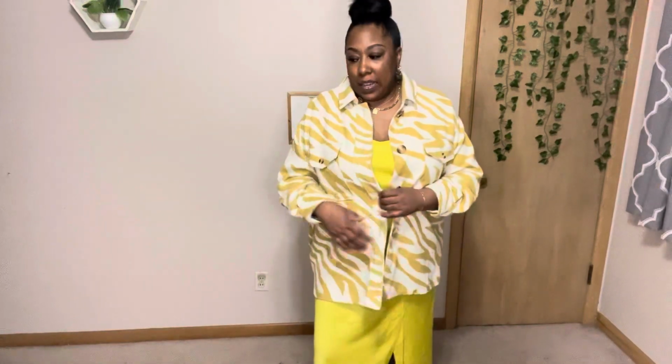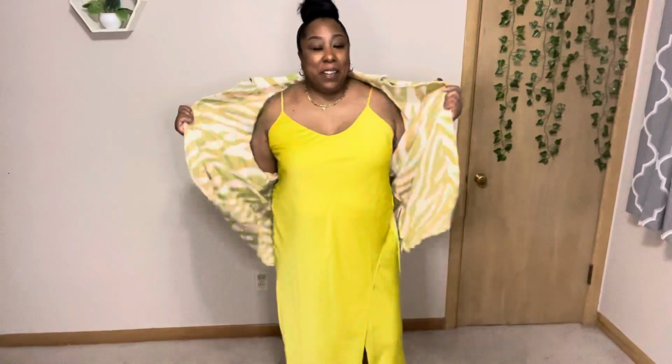I think it's like a yellowish color, but it kind of goes with the green. I don't know, it blends in, but it is kind of a heavier weight like a winter jacket would be, but I like this for the spring as well. I mean, it gets cool in the spring, even summer at night. You have those cold or colder summer nights, so it can transition into the spring, maybe even the summer. So anyway, yeah,